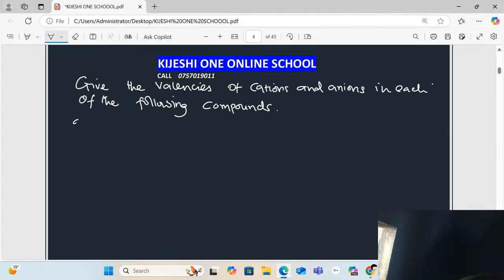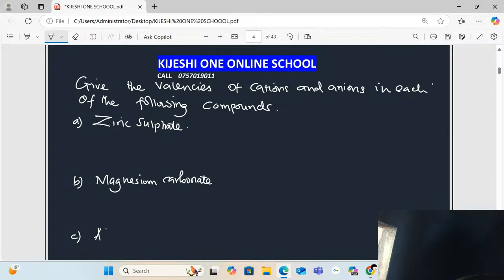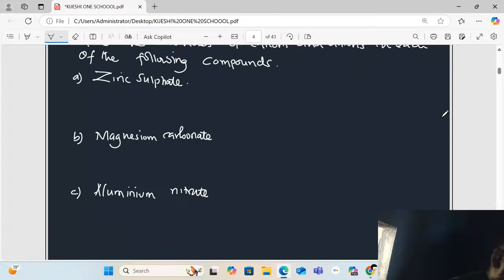The first one, we have zinc sulfate. Number two, we have magnesium carbonate. We have number three, aluminium nitrate. And we have the last two,